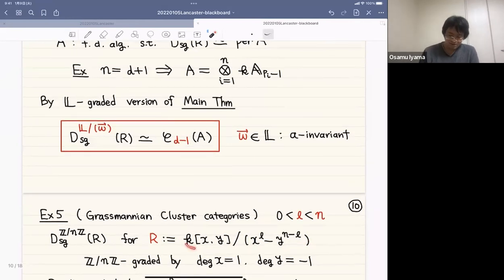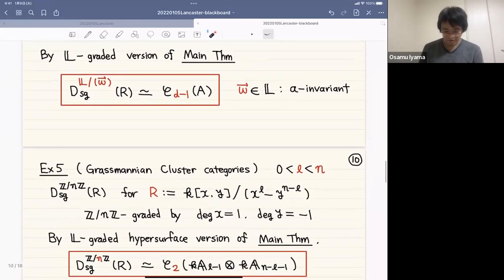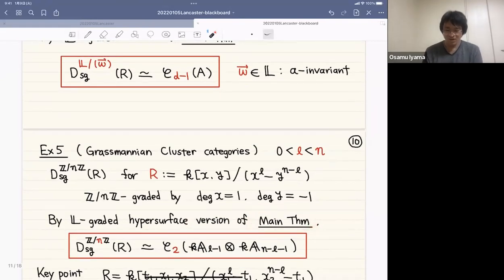And actually this ring does not have a nice Z grading, but it is graded by Z over nZ. The degree of x is 1 and the degree of y is -1. Then this element is homogeneous, so R has a Z/nZ grading. And by applying L-graded and, moreover, a certain hypersurface version of our main theorem, one can prove that